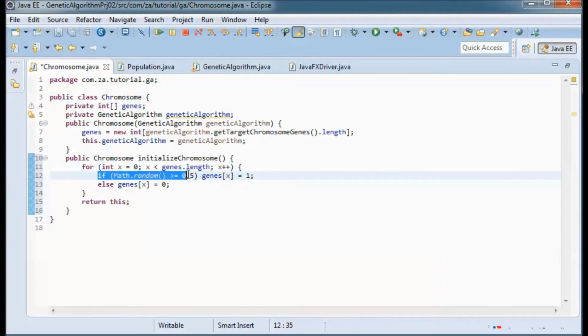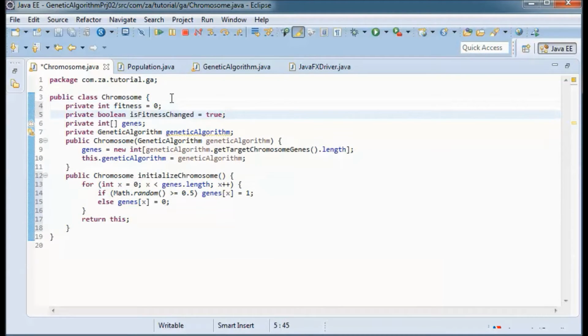So if Math.random is bigger or equal to 0.5, then put 1 for this gene, otherwise we put 0. We have a for loop, and for convenience we're returning this chromosome. And let's define this fitness, and a flag isFitnessChanged, and we'll set it initially to true.